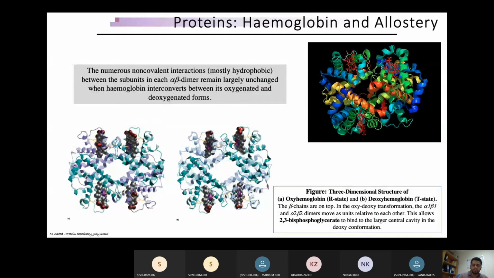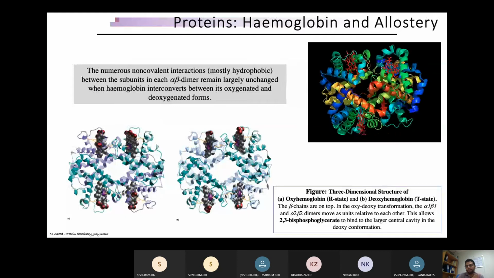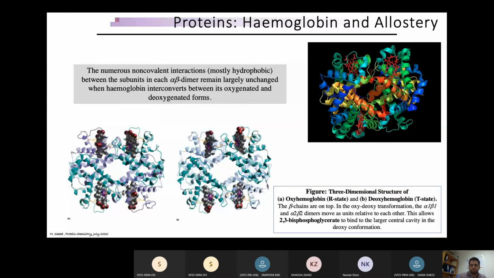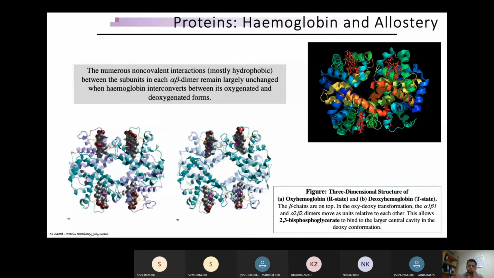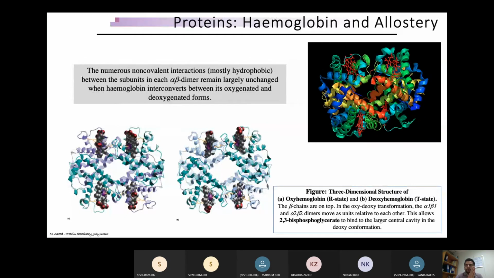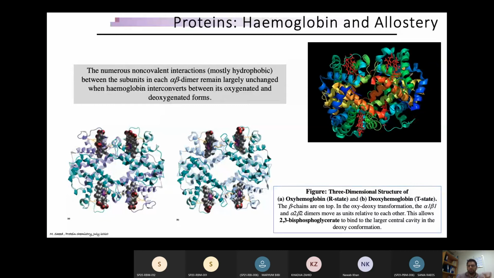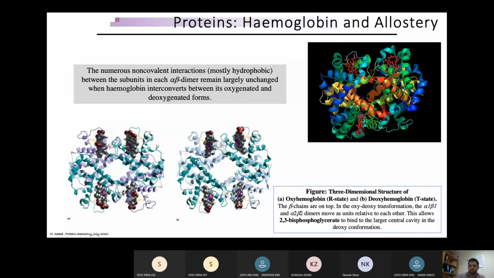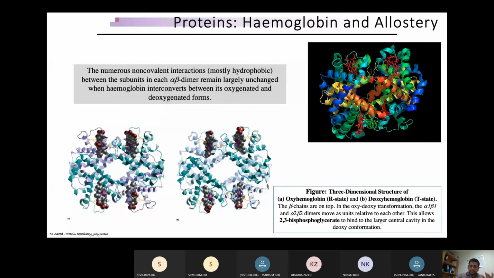Here in this picture, you could see the change, the allosteric change, which is happening as a result of oxygen binding with the hemoglobin. So you could see the oxygenated and deoxygenated forms of the hemoglobin are quickly changing their shape. Of course, you could not see it very precisely here, but if you want to see my cursor here,